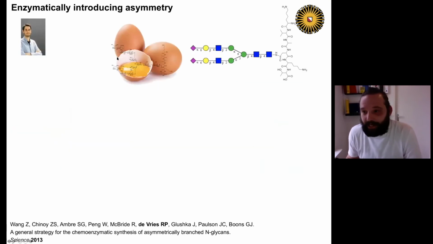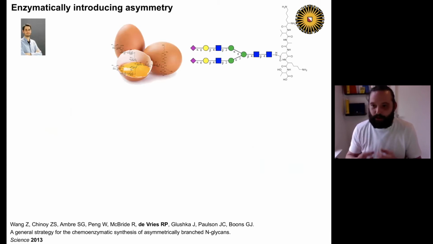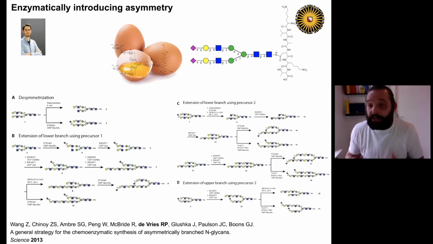So we start with egg yolk. When I was in the Boston lab, we literally cracked open eggs. Now you buy the powder at Sigma. And when you purify these glycopeptides, you can get it in very high purity and in massive amounts. You get this alpha-2,6 linked single LacNAc N-glycan. And then we start modifying it in the lab. And we do this all by enzymes. There's hardly any chemistry involved anymore.